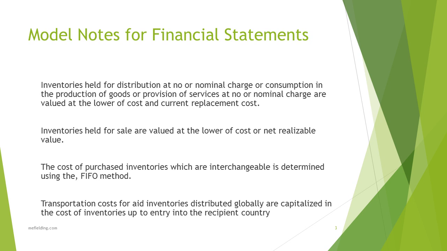Right, so please notice what they're doing there with transportation costs. If you remember that the cost of your inventory should reflect the cost of bringing it to you and making it usable. Now they're actually saying that transportation costs stop at the border of this country. Now I have to tell you, I don't actually know why they've made that decision and why onward transportation to local warehouses is not included. For whatever reason, they have decided that under IPSAS that in-country is not part of making the product usable and is not necessary. I'm assuming that has been agreed with their auditors, so they have a valid reason for that.